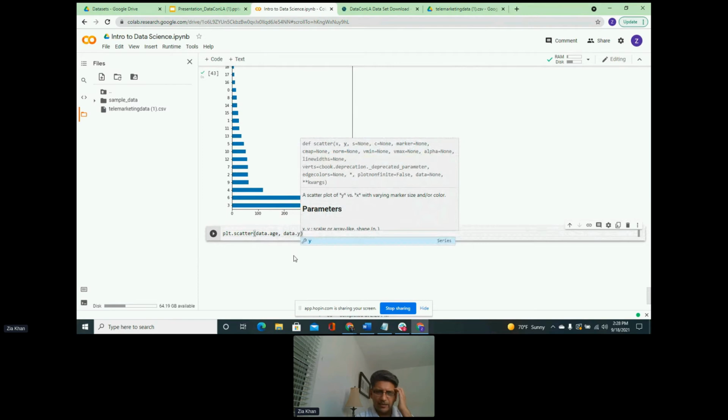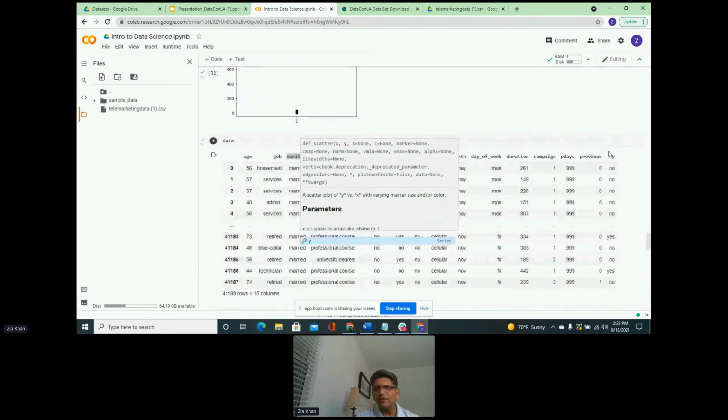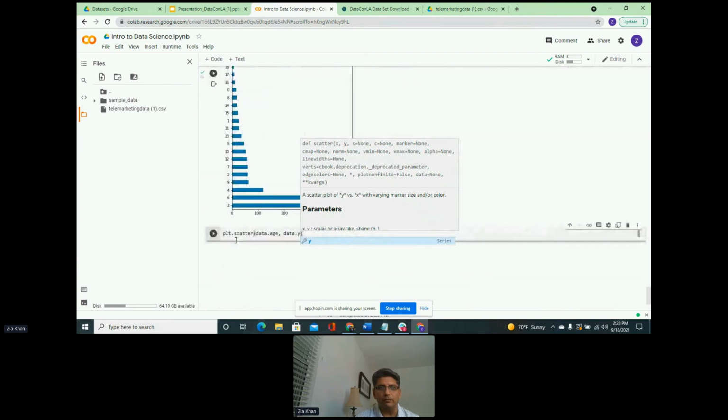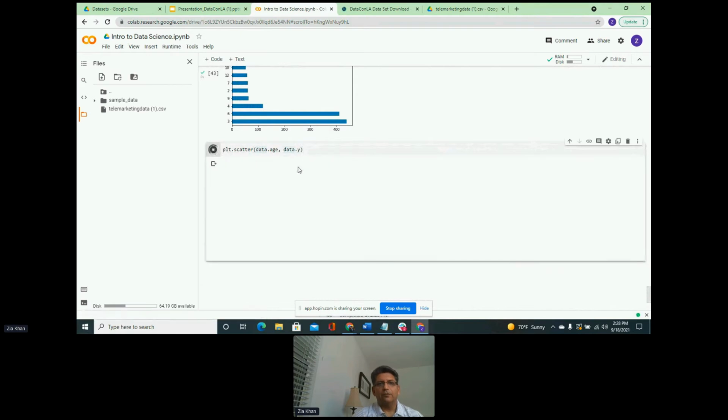Y was our target feature that we had earlier. If I scroll back up, you can see in our data set, this is the Y feature that I want to build. Oh, so Y is actually yes and no. So this is yes, this is no.